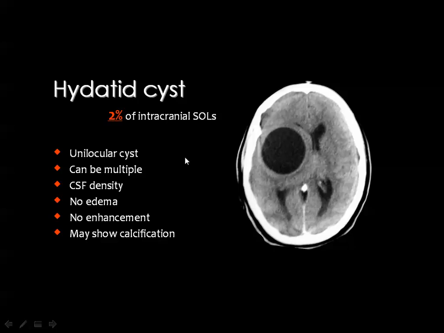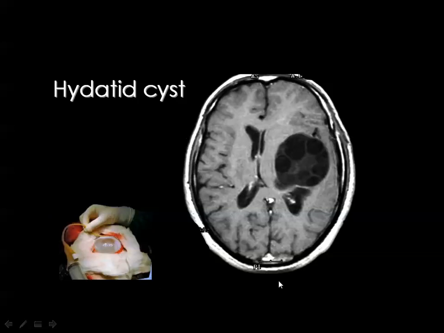And this cyst may be unilocular or multilocular. It can be multiple. It may show CSF density with no surrounding edema, no enhancement, but it may also show calcification inside. Then this is one of the most typical appearances of the hydatid cyst on imaging, and you can see a